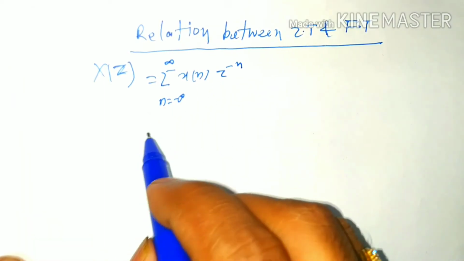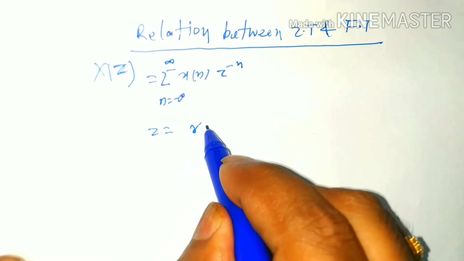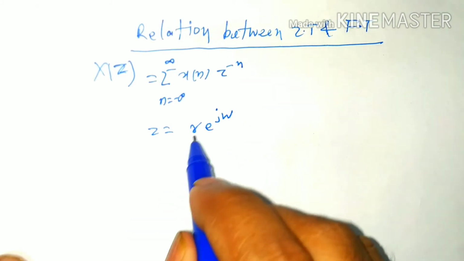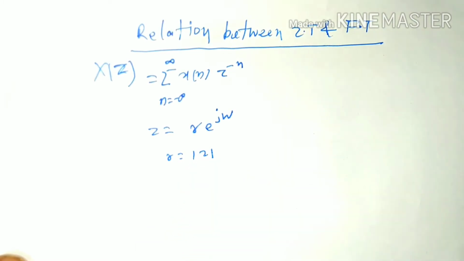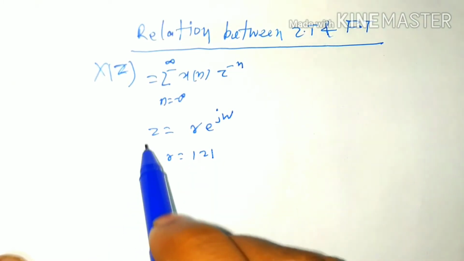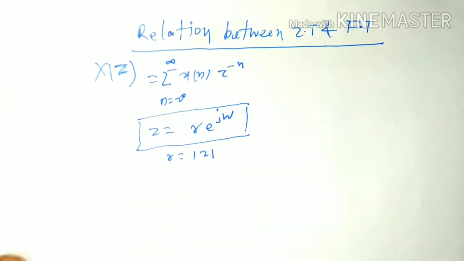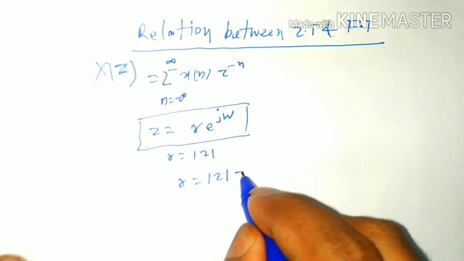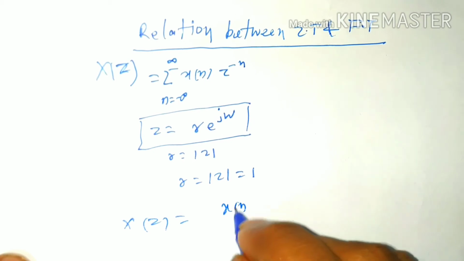And we know that Z is a complex number and its value is r e to the power j omega, where r is modulus of Z. So this one is a complex number, and if we put that r, that is modulus of Z, equal to 1, then the Z transform becomes x[n],